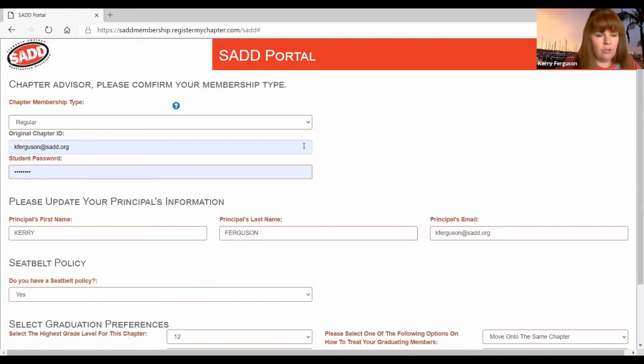This is where you would check your current information, look at your student password. If you want to change it year to year, this is where you would change it. And you can also get in and change it again later if you needed to. Your principal's name. Since I'm the state coordinator, I'm my own principal, so I put myself out, and that was